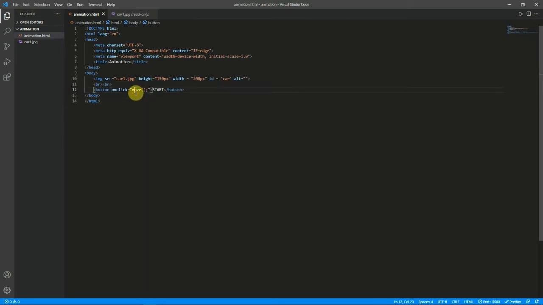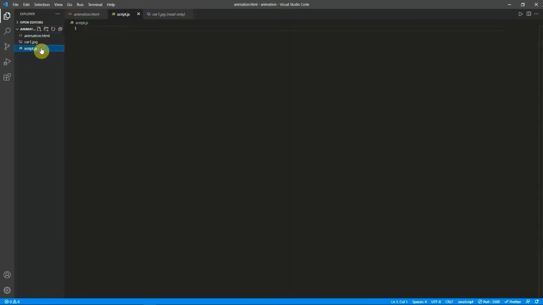Okay, so this move will be inside our JavaScript. So for that we need a JavaScript file. So I'll just create script.js and I'll add that script here. Okay, I have added this script here, and inside our JavaScript, when we load the windows, we need some functions or some properties of our car to change.